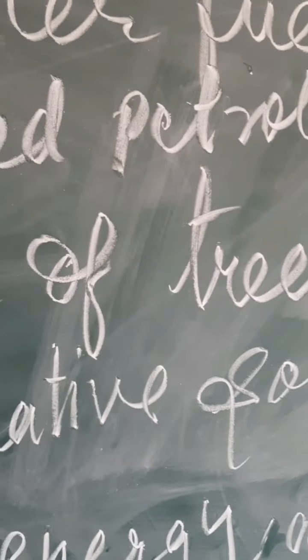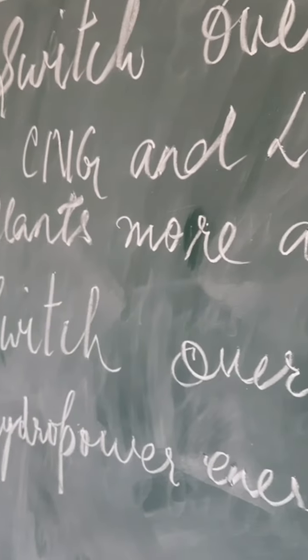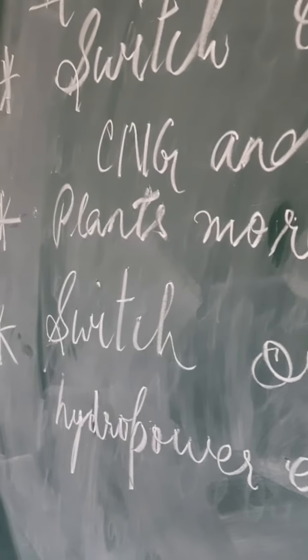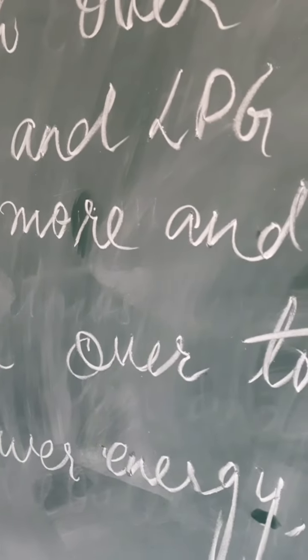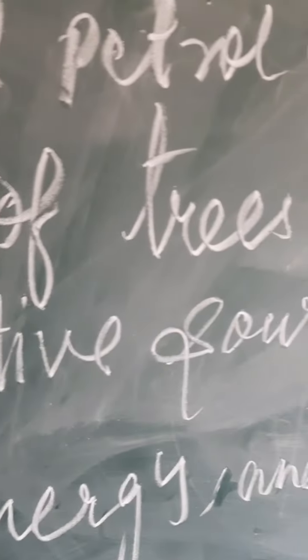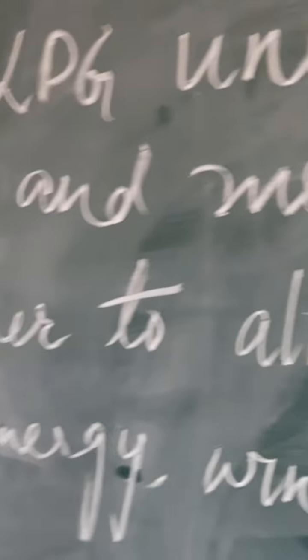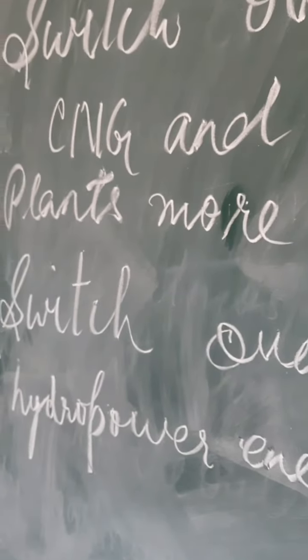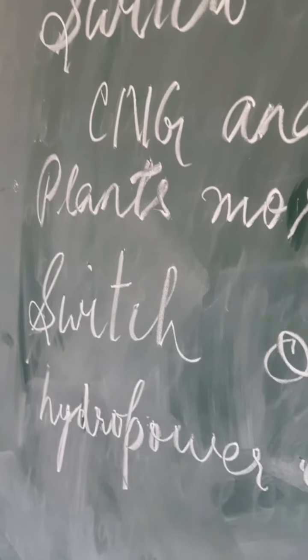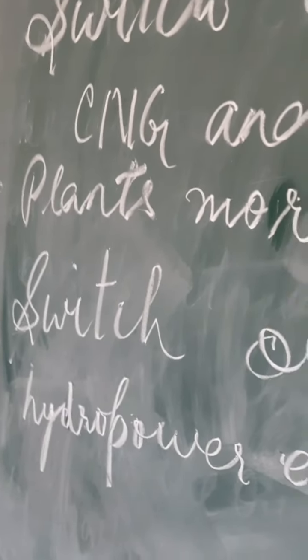Make a regularity that every day, if you are planting trees, water those plants so that they grow up, and from one another it can move on. One by one, the flowering plants, through flowers, again the seeds drop down, and this way you should grow more and more trees. You should recall the day of Van Mahotsav, and on that particular day at least one should grow one plant. Then you should switch over to the alternative source of